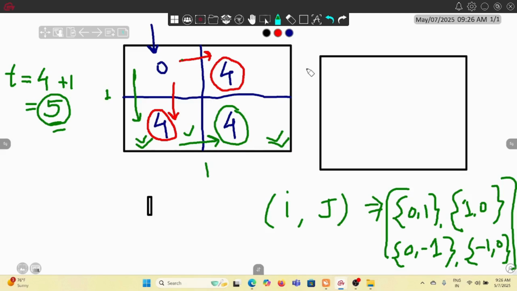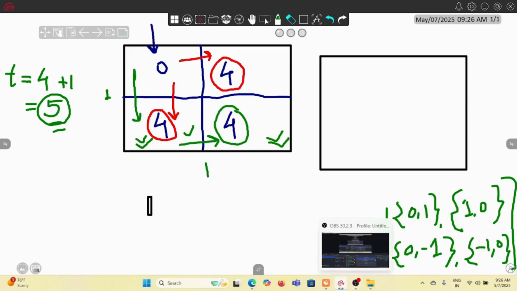So we have to avoid those kinds of situations as well. So here we will use the Dijkstra algorithm. If you don't know about the Dijkstra algorithm, I have put the link of the Dijkstra explanation. You can watch it. So we will solve it in that way. How the Dijkstra algorithm works is basically